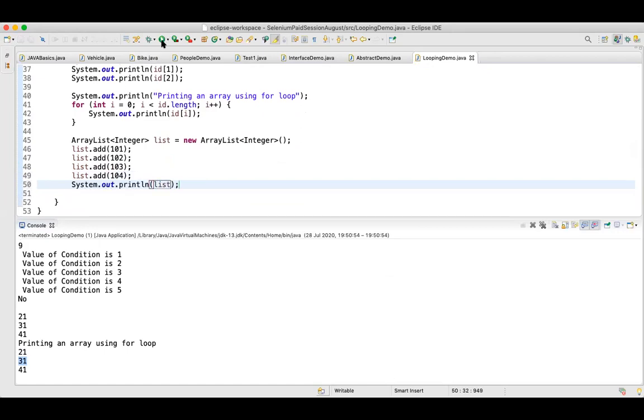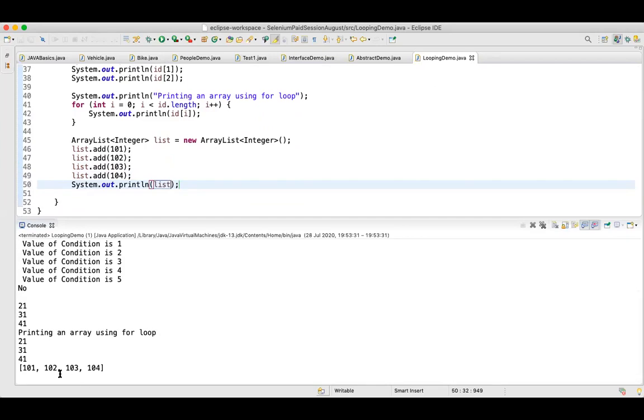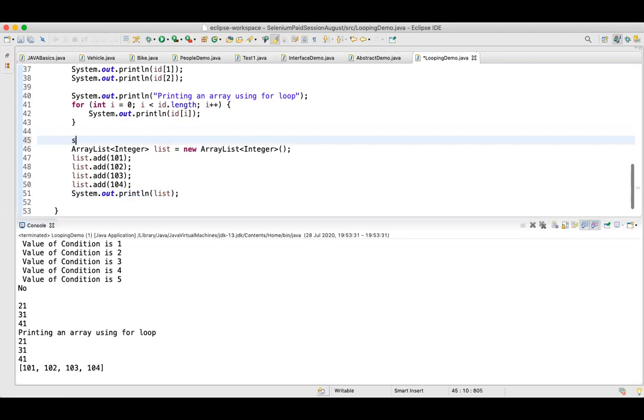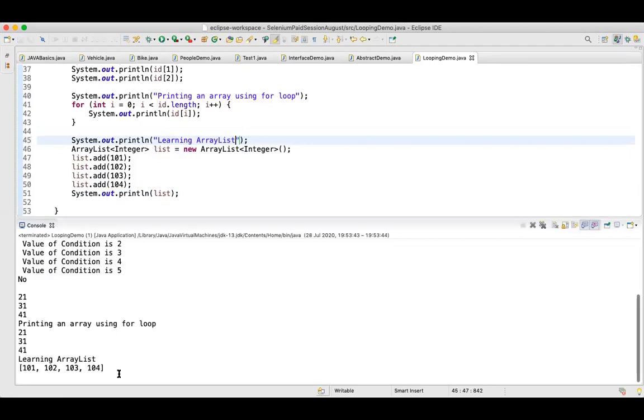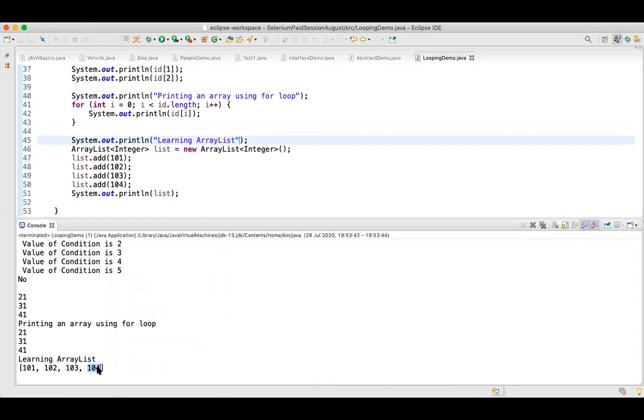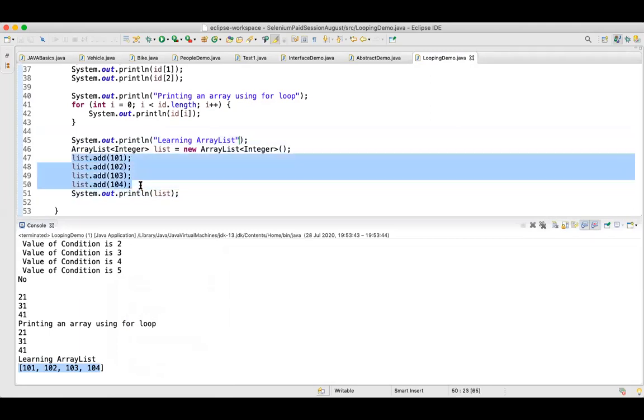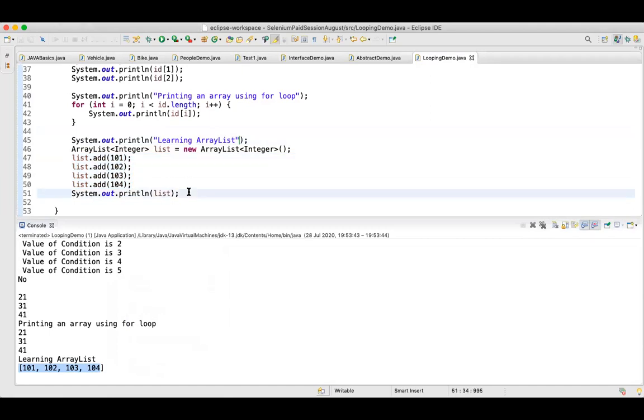Now when I run this, can you see this? This is my list. I'll write something over here: Learning array list. See, this is my entire list. It's printing 101, 102, 103, and 104. So this way you can have your array list, add your elements within it, and print your list.